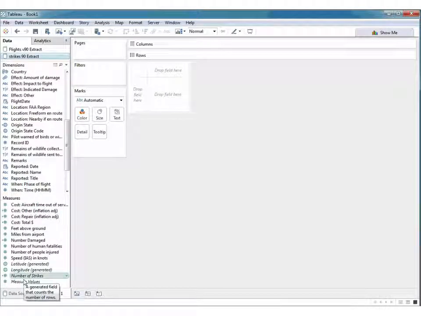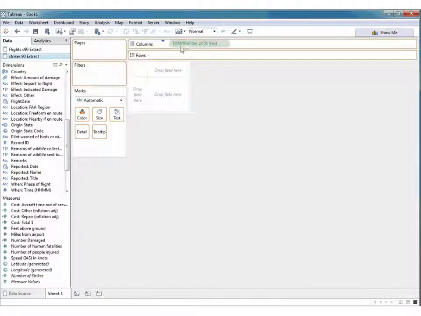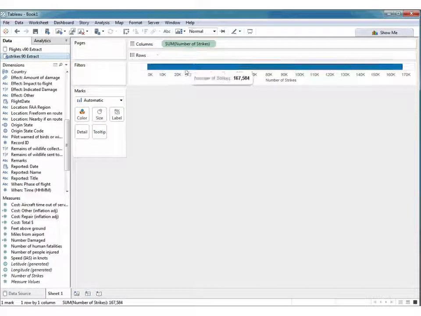Now, to explore this data, a natural thing to do is to drag out fields. So here I'll drag out the number of strikes and put it on the column shelf. And you can see on the tooltip that there are 167 reports to the FAA about wildlife strikes from pilots.